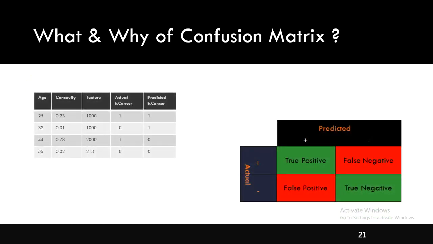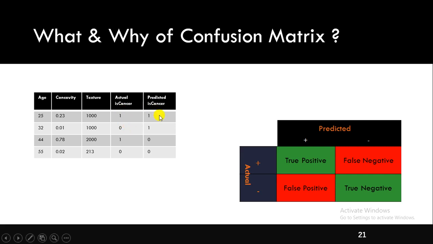Now let us look at this data set. It is a training data set and it is a cancer data set. Here the target column is cancer, and the predicted value for the corresponding column is this one. In the actual value column, you will find 1 and 0. The 1 is positive and 0 is negative. So positive means having cancer and 0 means not having cancer.